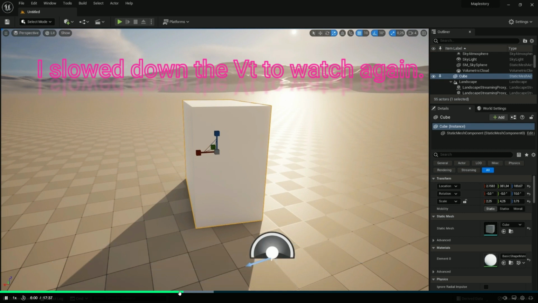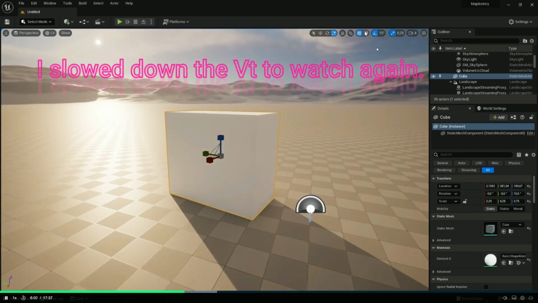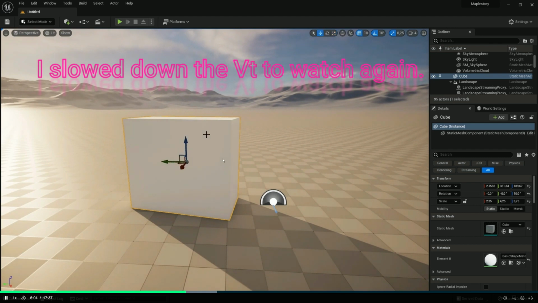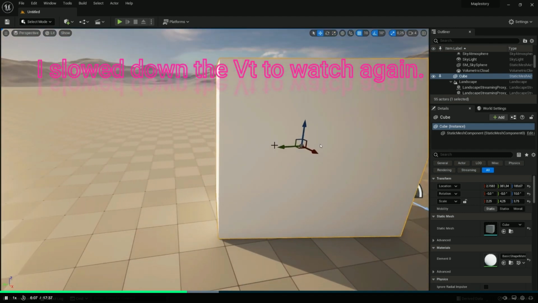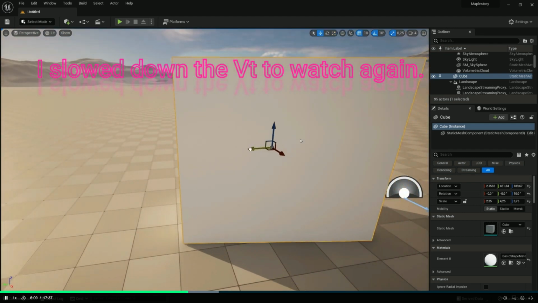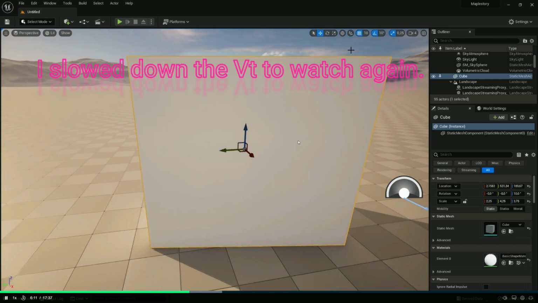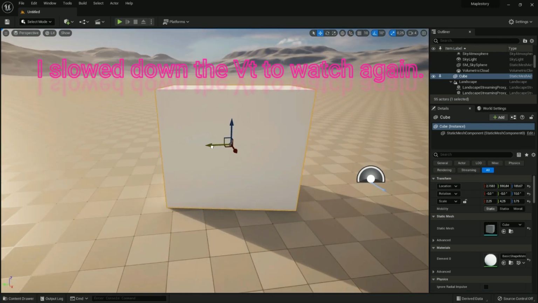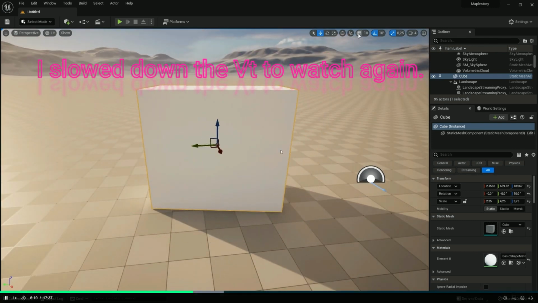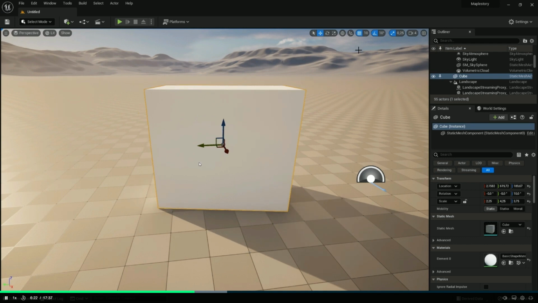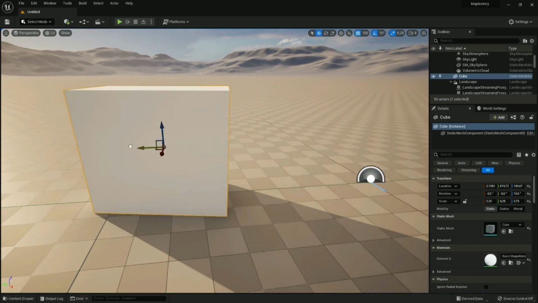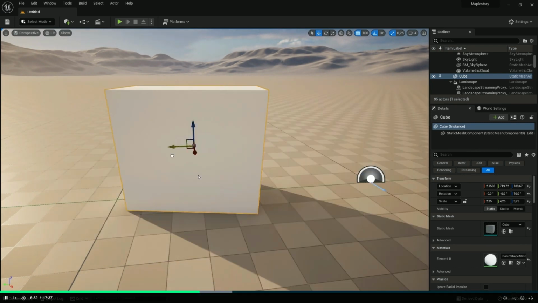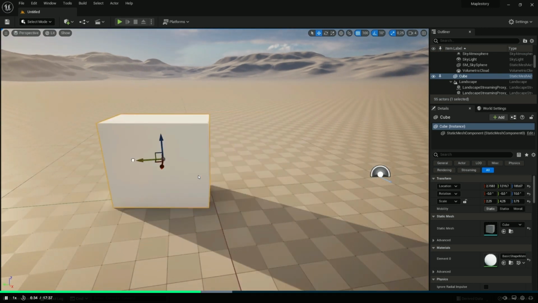Next, we have the snapping tools. This one is the move snapping. When I click on W for my move tool and I move my box, it's not moving smoothly. It's snapping to something. And this is the snapping tool. If you disable it, now I can move it smoothly. If I enable it again, I am snapping now. You can also increase the snapping by clicking on this number and increasing it. Now it snaps a lot more. And this is very useful if you want to place items beside each other